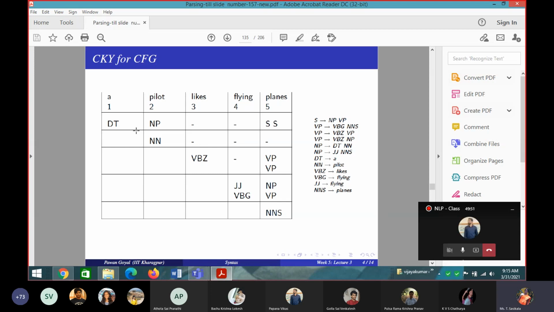No. DT followed by VPZ. Anything is there? Next one. So here I have two, here also I have two. So here I take the first one of this side and the first one of this side, and the second one of this side and the second one of this side, and I have to consider. So DT followed by VPZ. Anything is there?